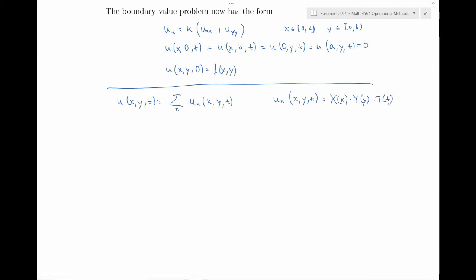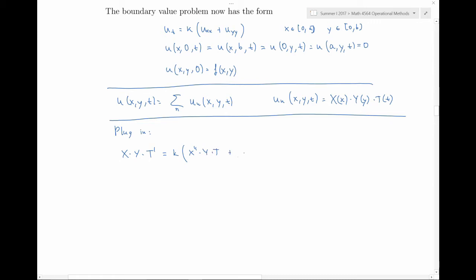Plugging this into the equation, then when we take derivative, we get x times y times t prime, and that should be equal constant kappa times x double prime times y times t plus x times y double prime times t. Dividing by kappa, dividing by x and y and t, we get that t prime over kappa t